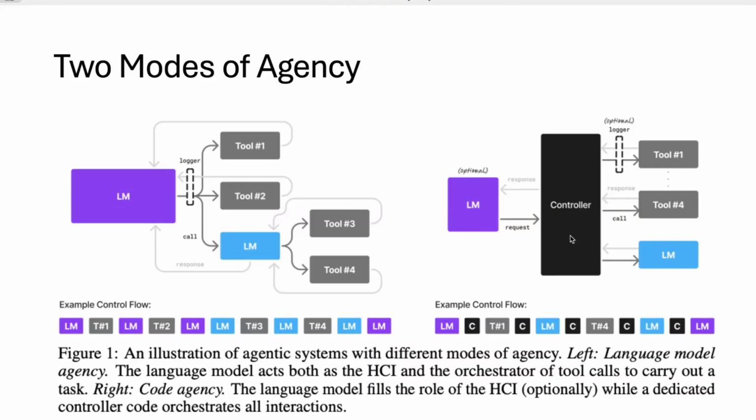They call it a code agency or controller to figure out what tool is used for the corresponding intentions of the users. So instead of dedicating it to the LLM, based on the use cases, you could develop a code agency or a controller to route the corresponding intentions to the corresponding tools in the end.